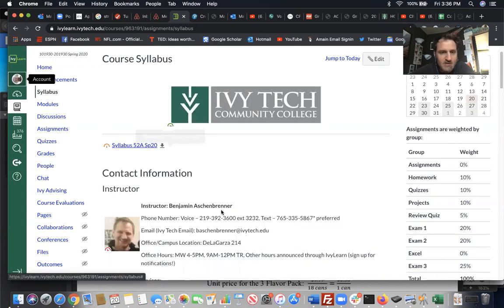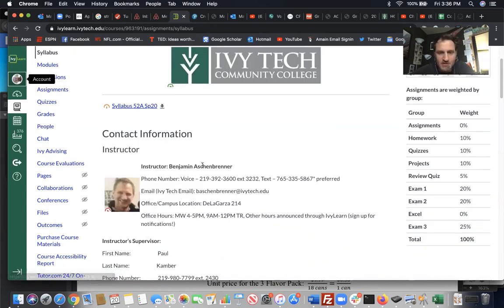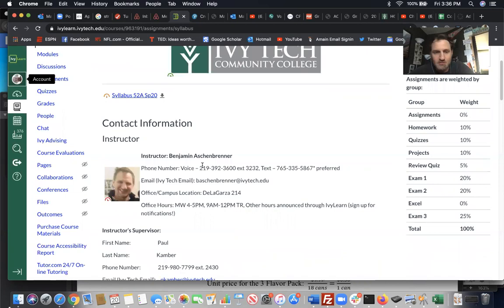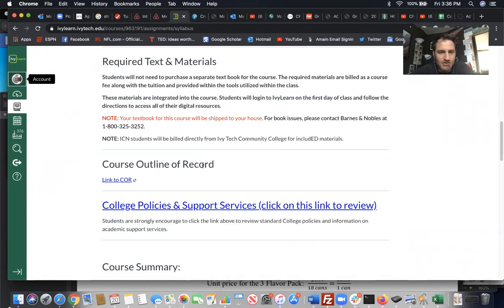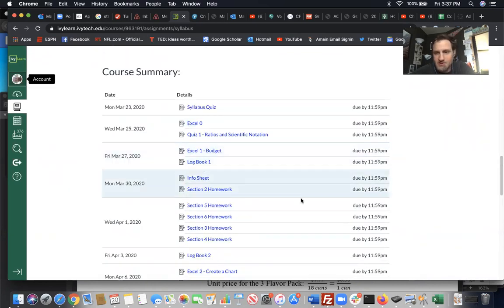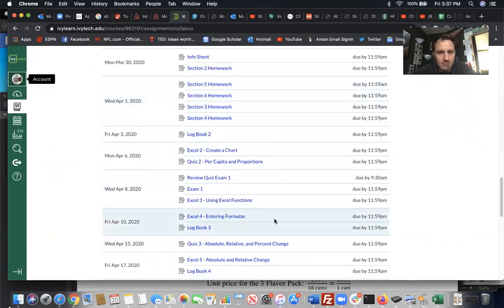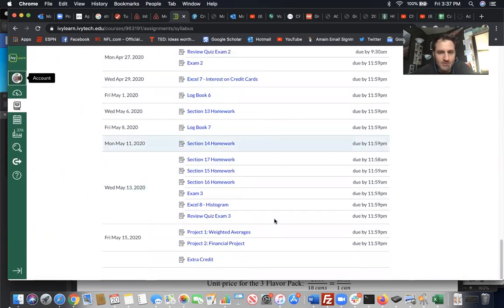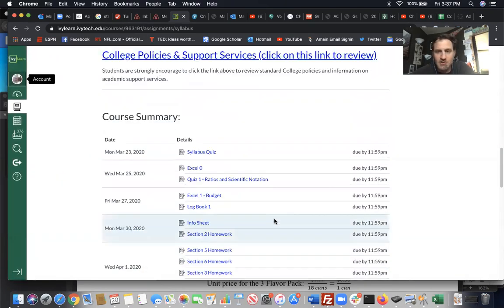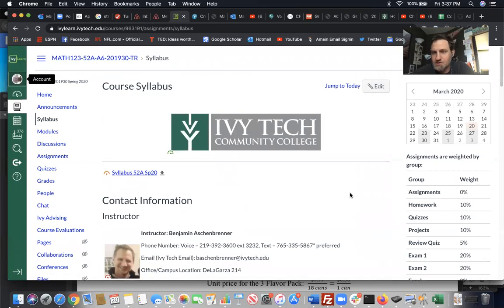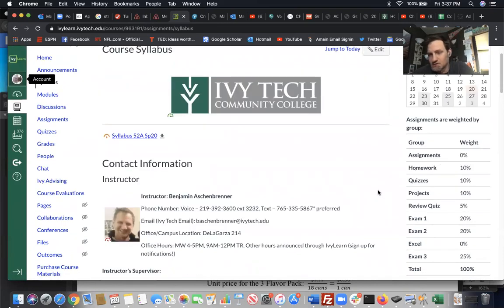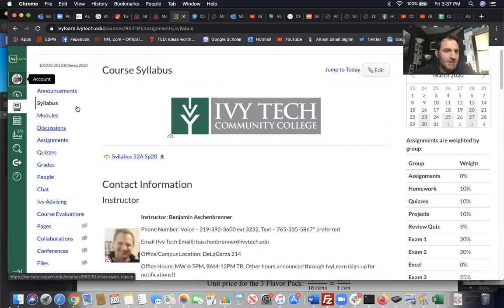Okay, so the syllabus, you can download the syllabus there and look at it. That'll be useful when you're doing the syllabus quiz. You've got my contact information, and most importantly in the syllabus section, you have this whole assignment list with all the due dates. So that's kind of nice as a calendar that you can look at for a quick reference, like, okay, what's due today? Also in this section, you see a little description of the weighting. That's going to be important for our first project. Okay,